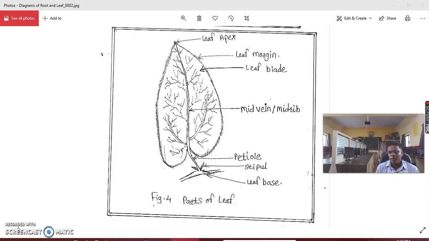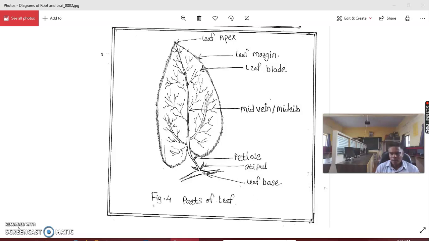And lastly, students, we study the subtypes of compound leaf, which was discussed initially in this video. Number 1 subtype, pinnately compound leaf. In pinnately compound leaf, the following types are found. There is the bipinnate leaf, second the unipinnate leaf, and third the decompound. These are examples of pinnately compound leaf.